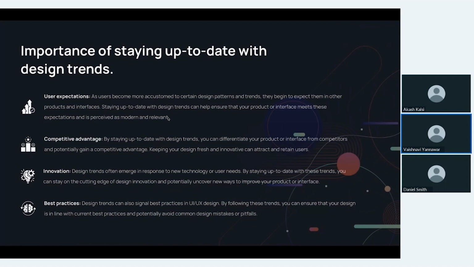So, what can be the best example where innovation comes in? Where your talent comes in. Now you know what all the design trends are, what's going on in the market, but where your talent comes in is staying true to your brand, and that is difficult. Keeping a balance between the emerging trends and not losing sight of your brand's identity and values. Ensuring that any design elements align with your brand's messaging and tone. So, keeping a balance is where your innovative ideas can come into place.